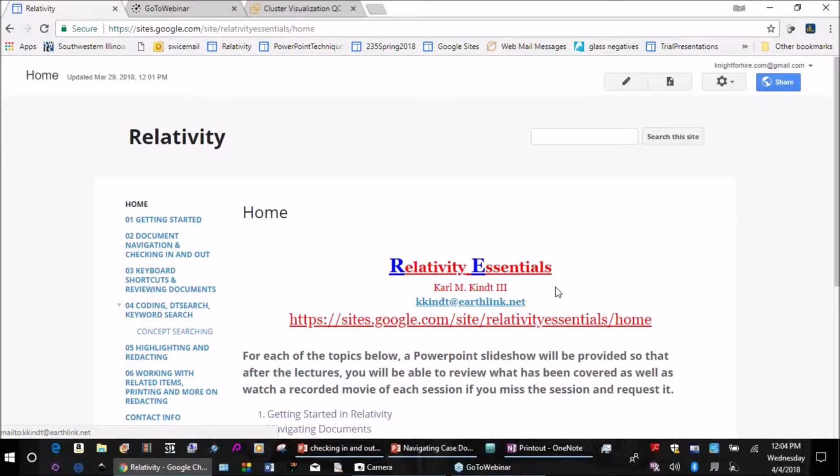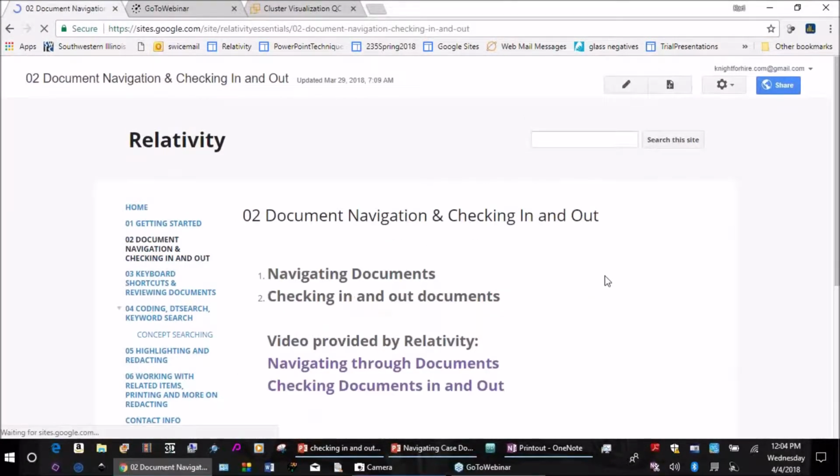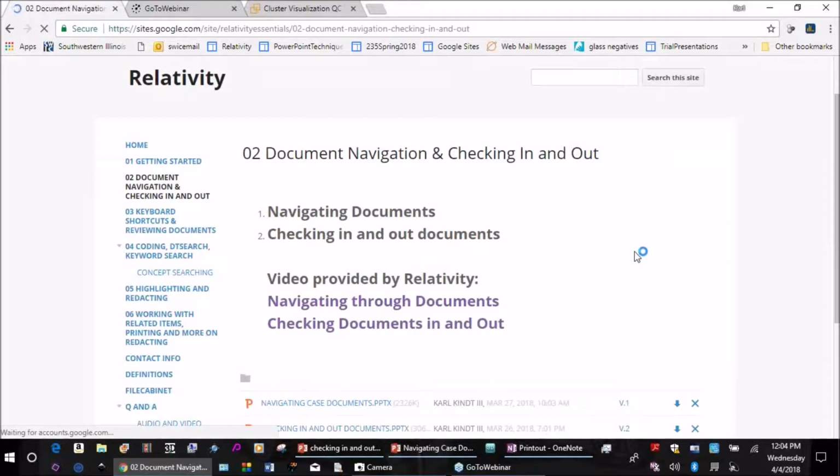We're going to be into our second session, and it has to do a little bit more with navigating through the documents, which is a key feature, an essential skill set that you need to make sure you have when you work with Relativity. And there are a couple little quirks in the navigating features that I do want to go over with you today. And then we're also going to deal with checking in and out documents, a pretty important feature of the program